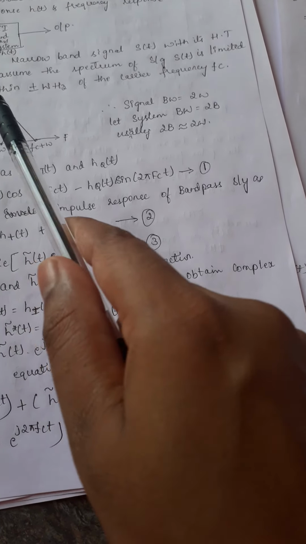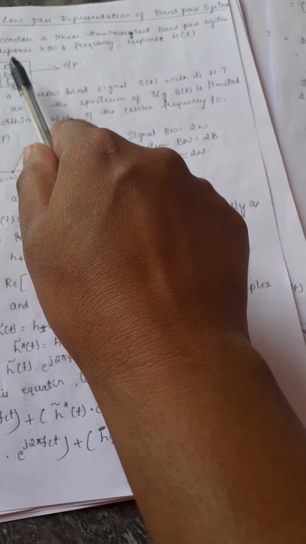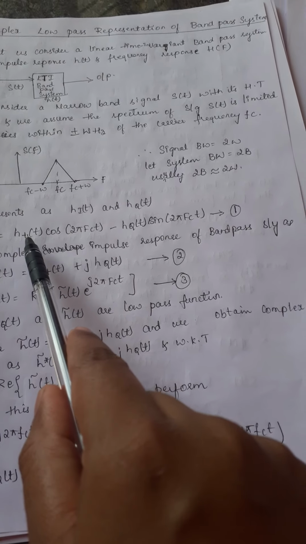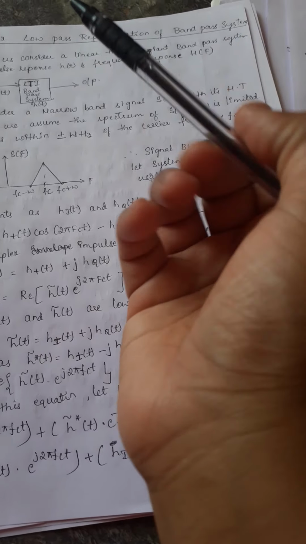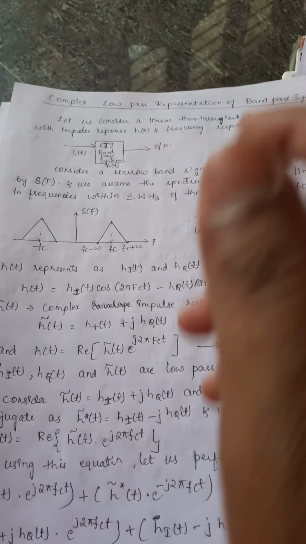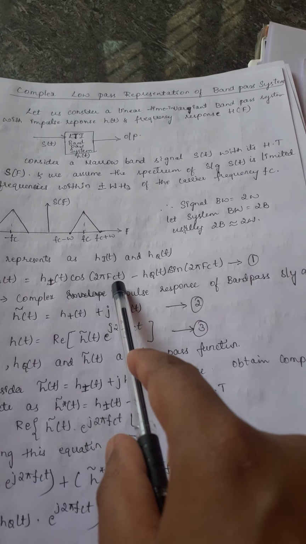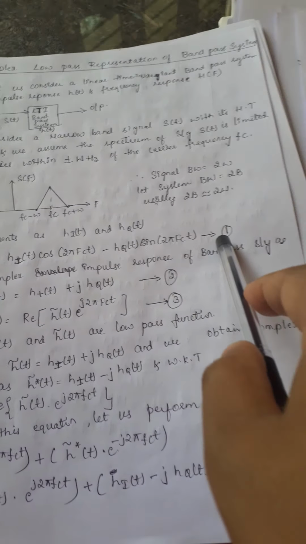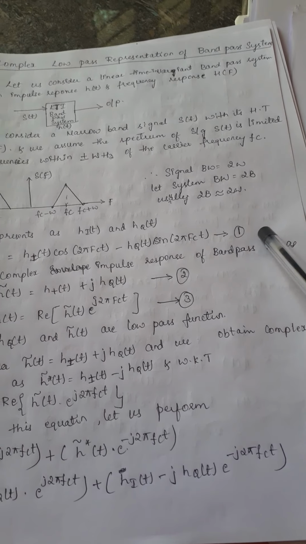Here it is the impulse response of a band pass system. Therefore h of t is hi of t into cos 2 pi fct minus hq of t into sin 2 pi fct. We call it equation 1, where